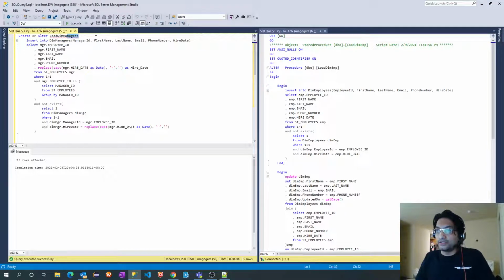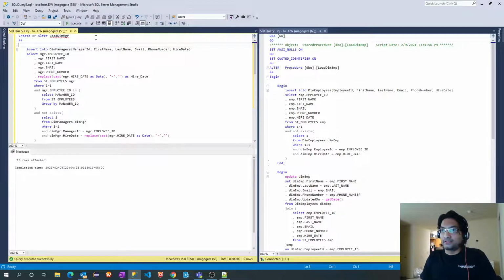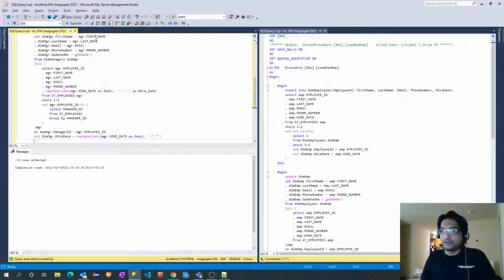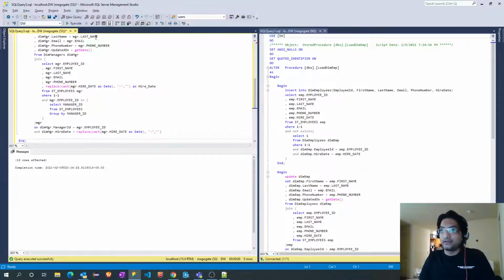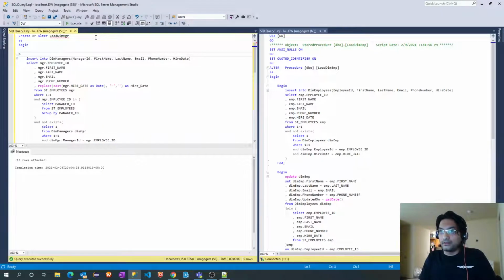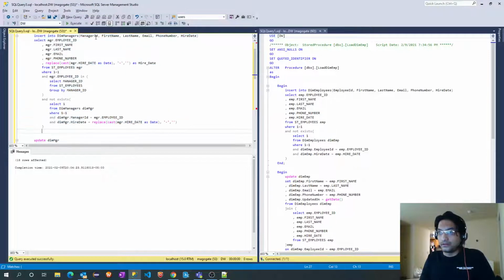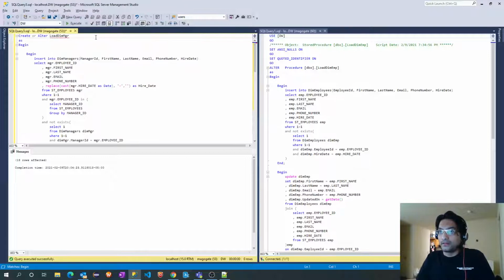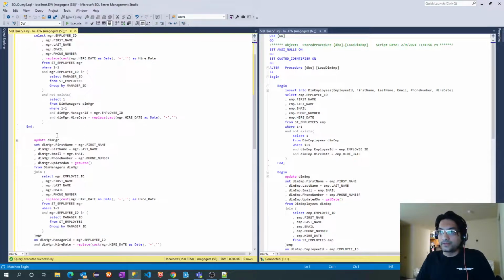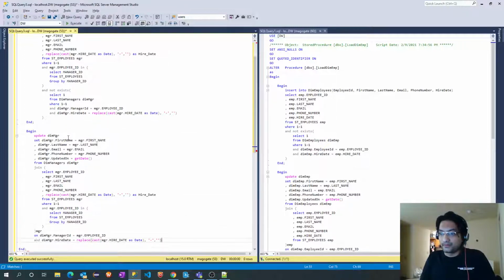So I will give load dim mgr as begin, end, begin, and perfect.